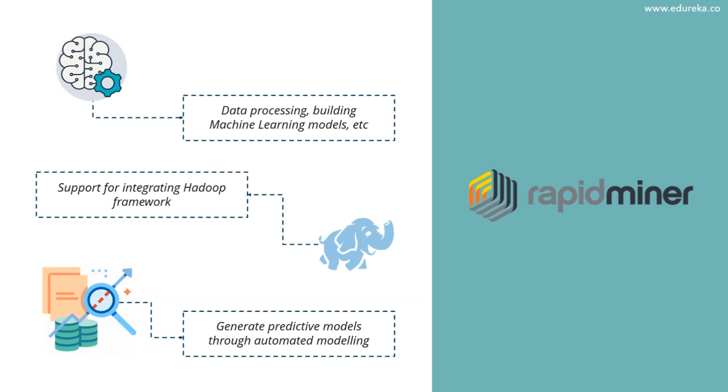It has been the top performer in such competitions, and it is also one of the top performers in the G2 Crowd Predictive Analytics grid, right? So it has a very strong reputation of being one of the best and the most effective EDA tools in the market. So some of the features of it include that it is a single platform that can be used